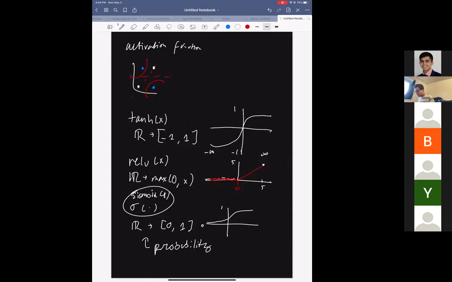So the third one is called softmax, and softmax basically takes, it's a little bit like sigmoid, but what it does is it converts your data into a probability distribution, into a valid probability distribution. And so the equation for it is the exponential of xi divided by the sum of the exponentials for xj. And so this is like,